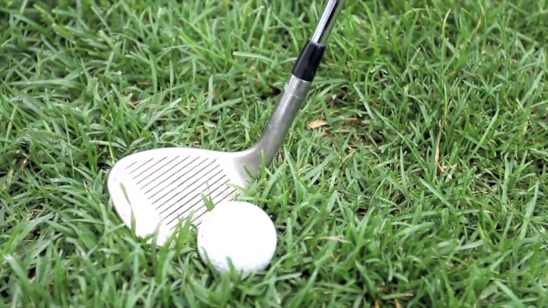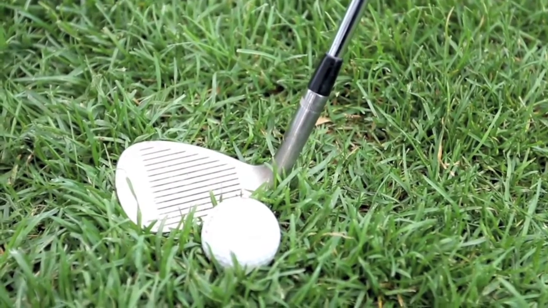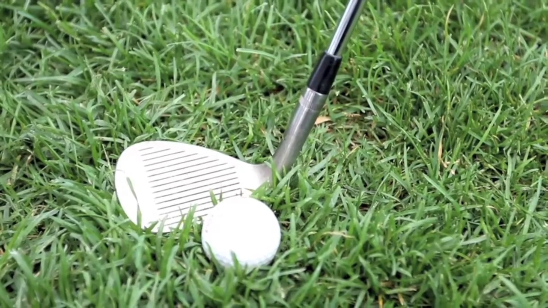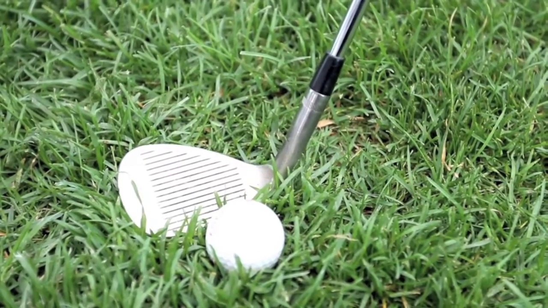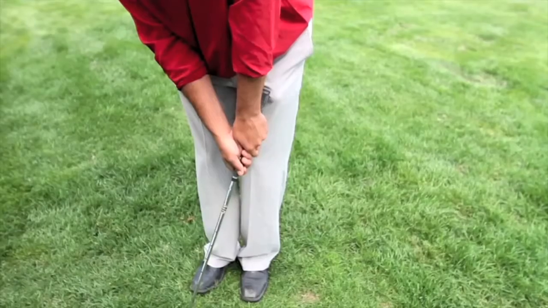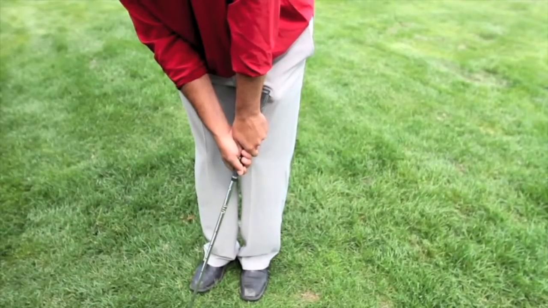But in some situations, you may need to open the club face. So if you open the club face, now you've increased the loft. So if you increase the loft, the ball will go higher and create more spin, so therefore it won't roll as far. But if you have to hit the ball up in the air and up over top of a